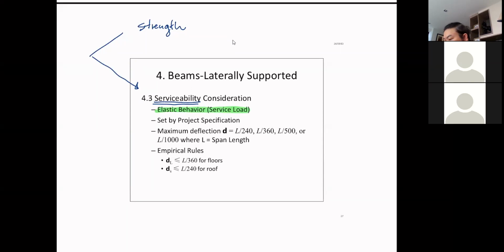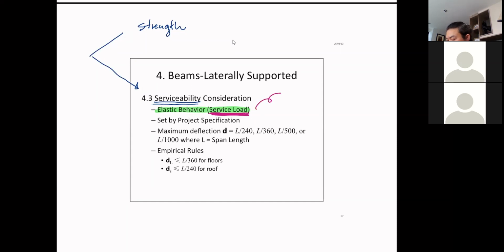And therefore, regardless of the design approach that you use, you always calculate your deflection by using service load. Okay, some seem to be making mistakes about this because when they use LFD, they just use the factored load. We always use service load. Okay, just the real load. Calculate the deflection and we keep it in the elastic limit. That means your